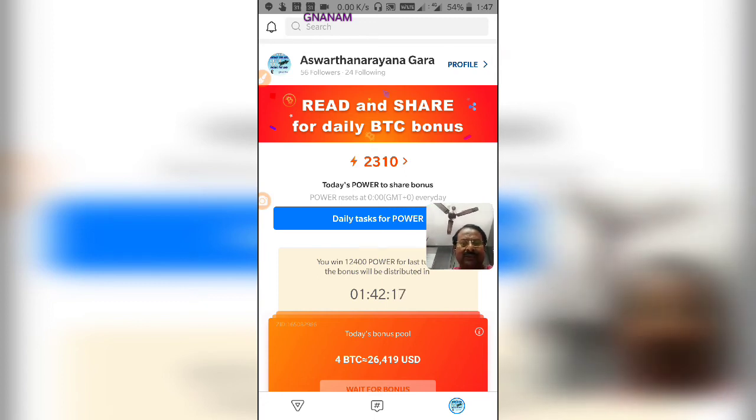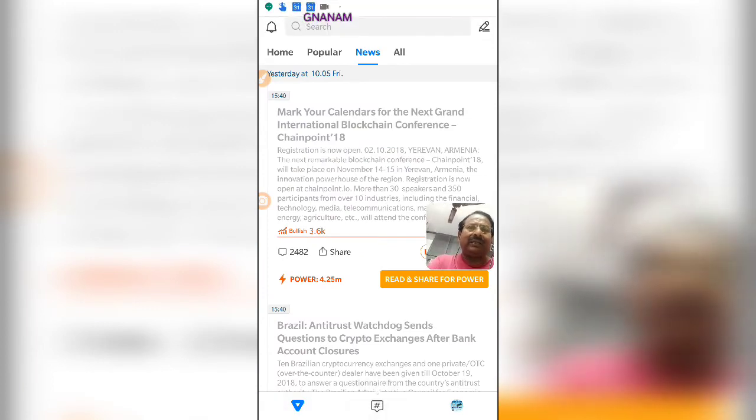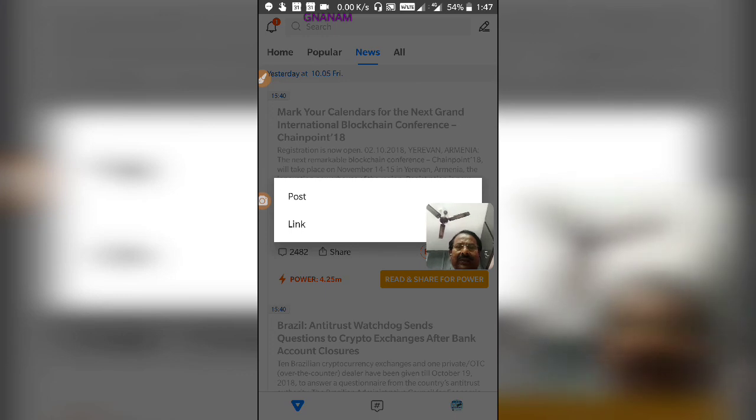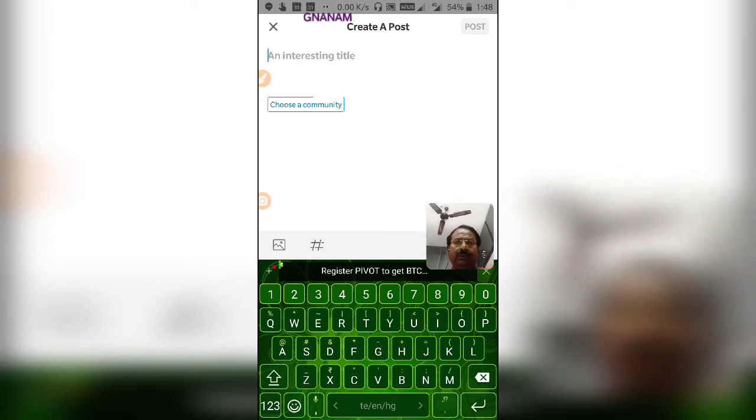For example, if you click on this inverted triangle, you will get a pencil mark on the top. I will click this pencil mark. See, I got Post here and Link here. So I will click on Post. Here you can write something about this Pivot.